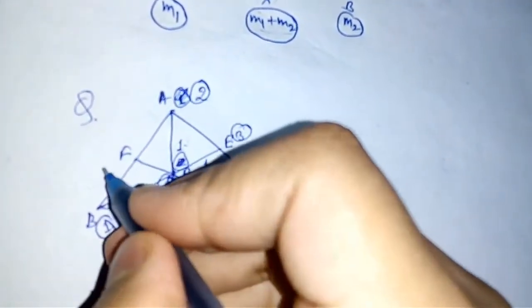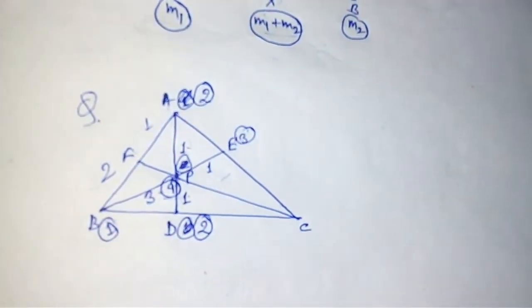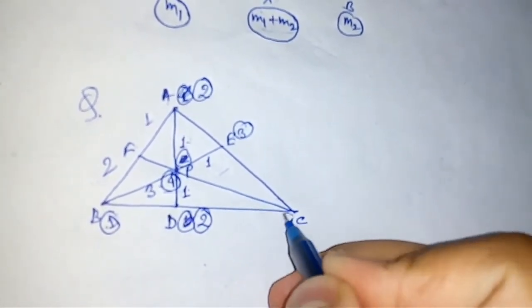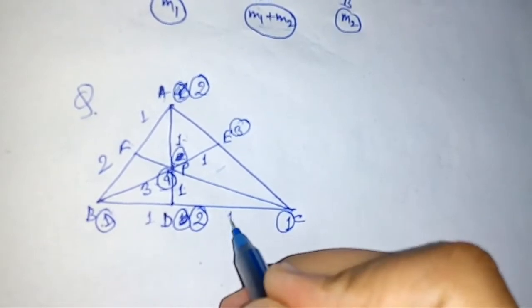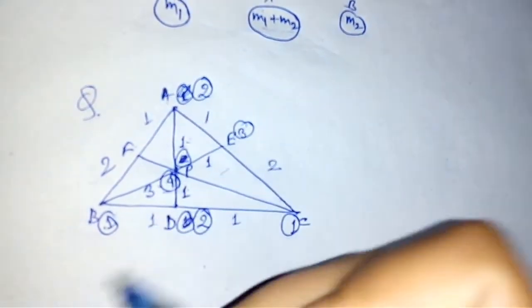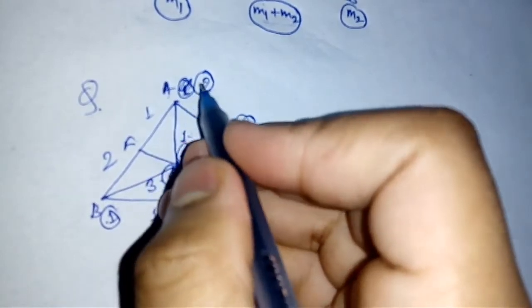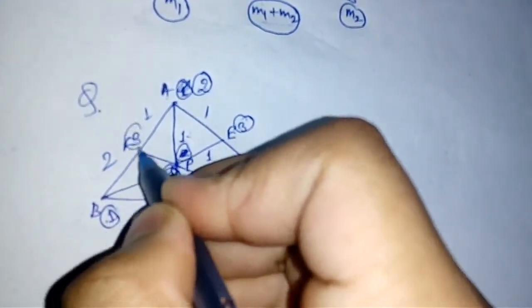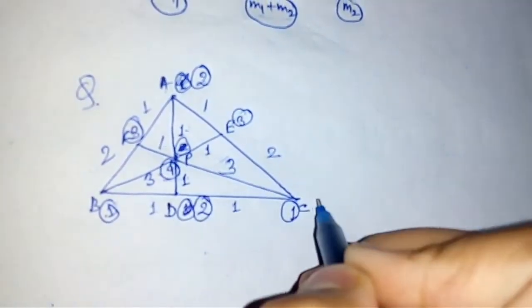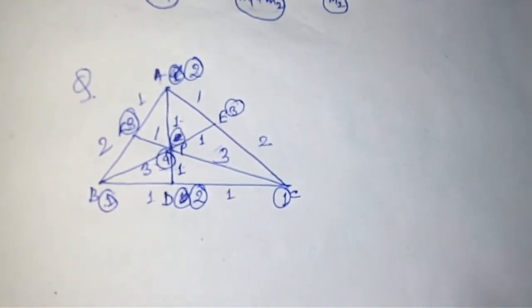If here it is 2, here it is 1, so this one will be 1:2, AF is to FB is 1:2. Very simple. Now if this is 1, this is 2, then this one must be 1, and 1 plus 1 is 2, so this one will be 1:1. If this is 2, then this one will be 2, this is 1, so 1:2 ratio. See, if I calculate the weight, here it is 2, here it is 1, so 3 weight, so this one will be 3 and this one will be 1, so 1:3 ratio. Very simple. Using this we can calculate any problem very easily.